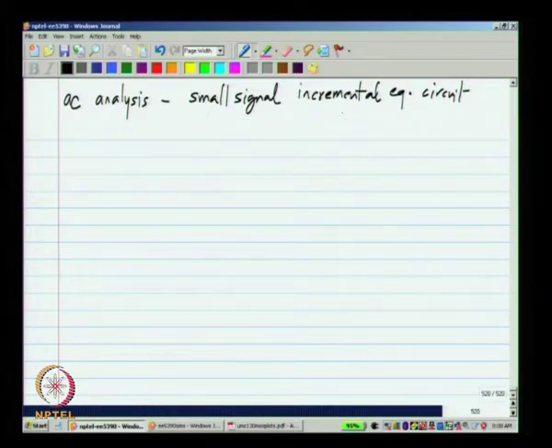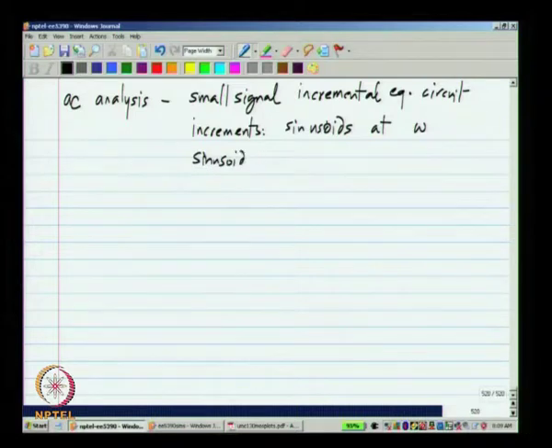Okay, where the increments are not arbitrary, but the increments are sinusoids at whatever frequency you wish to analyze at. And also it calculates the steady state. Okay. So, this basically gives you the sinusoidal steady state for the incremental equivalent circuit.